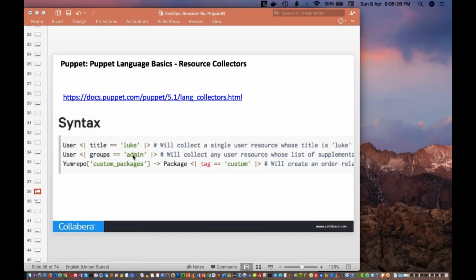So all the users that you have created which have specified the group as admin will be collected in this case. This is how you will be able to collect the data. You will be able to collect a single resource, or multiple resources based on a common value. All those things you will be able to do with Puppet.